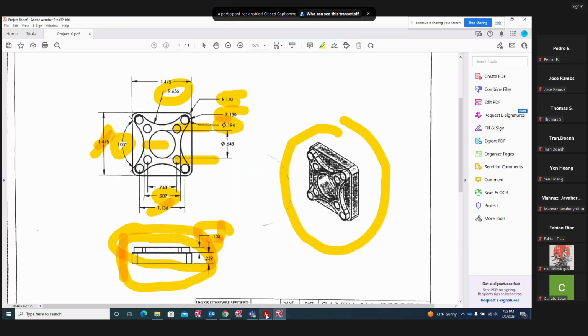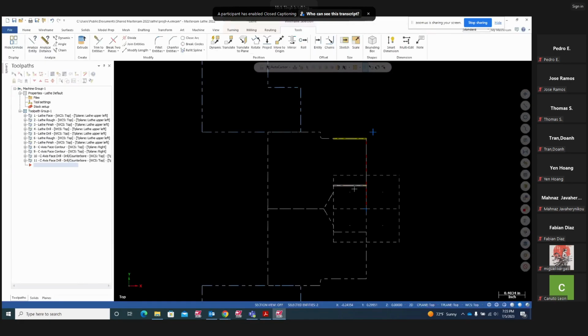This is based on your hole, what the size of the hole is, which is 648. So I have drawn that 324, and we drill and bore that. So this is your regular tool path on the lathe, turning outside and drilling and ID bore inside. So that's done. Once this is done, you're going to go ahead and create your